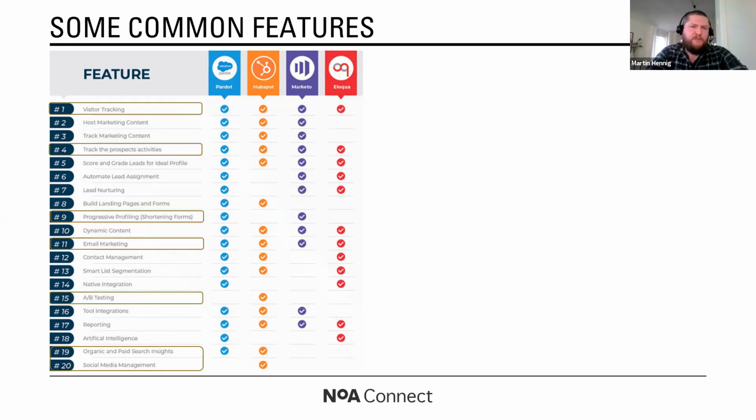And the reason why I mention the last two here, number 19 and 20, is that a lot of times when I talk to clients about including marketing automation in a tech setup, they think it's an addition, right? Something they have to pay another invoice for. It's just more technology for their team. But the reality is, with some of those tools, you can actually replace some of the other tools you might be using, things like your SEO analytics or your social media publishing. So don't just think of MA as a cost. It's an investment which might make some of the other tools redundant.